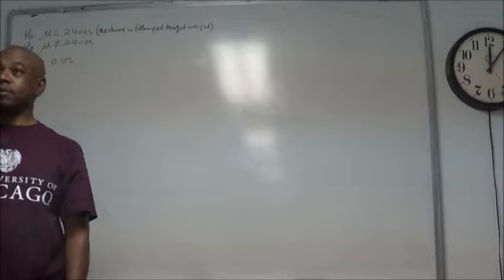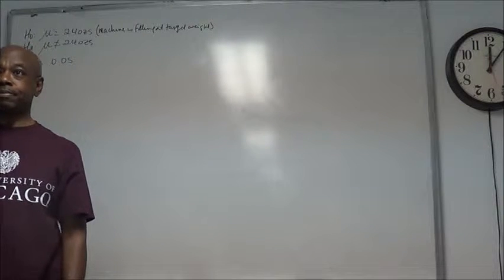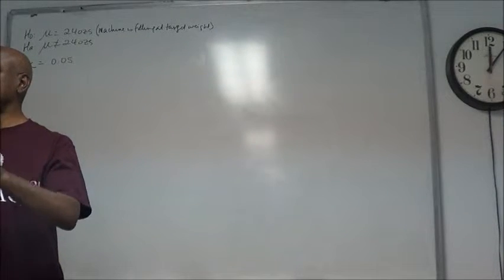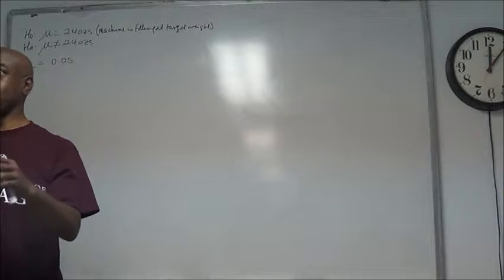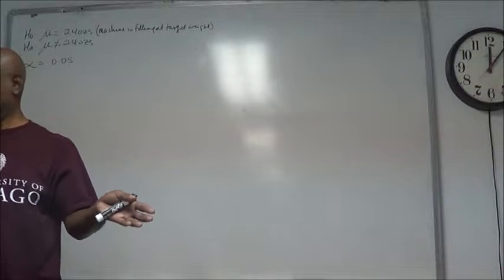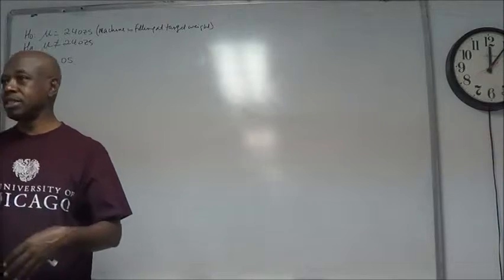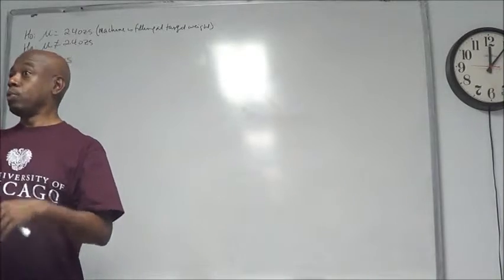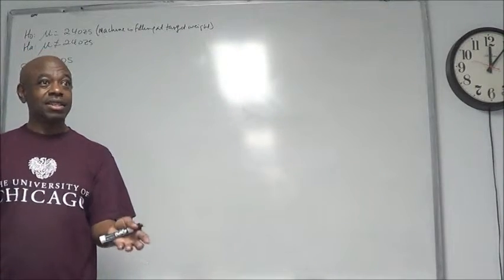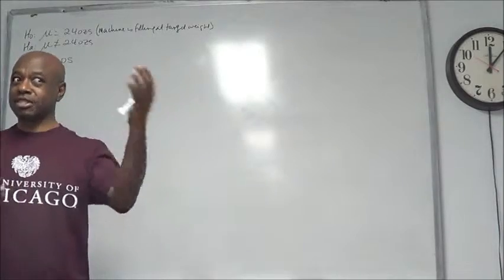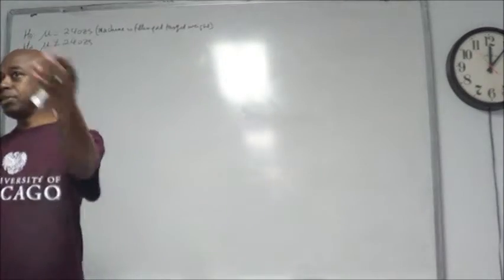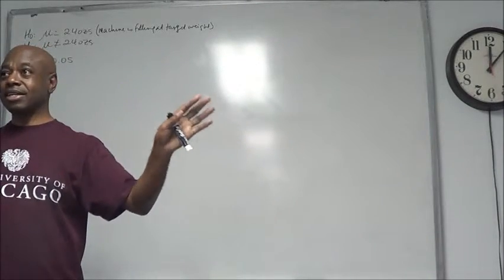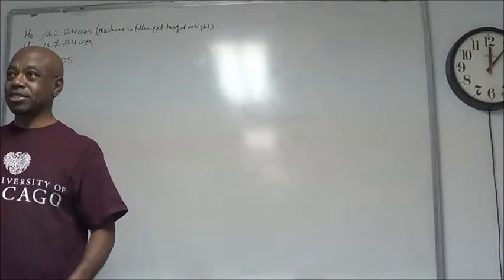Listen, you have a simple question to answer. Am I going to use Z or T? Do I know the population standard deviation or do I not? The standard deviation that was given to you is for the population or for the sample? It's for the sample. If it's for the sample, then you have to use T. It's as simple as that. If it gave it to you for the population, use Z. Let's not try to make this complicated because it's not. Just one question, answer the question.